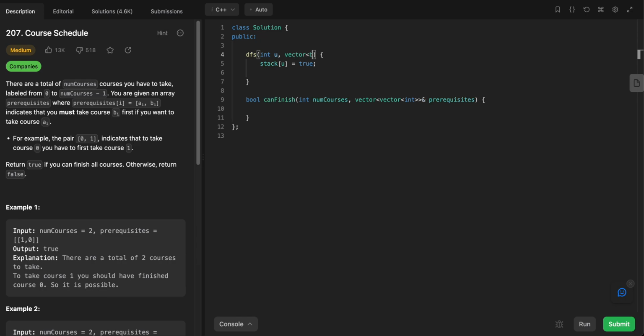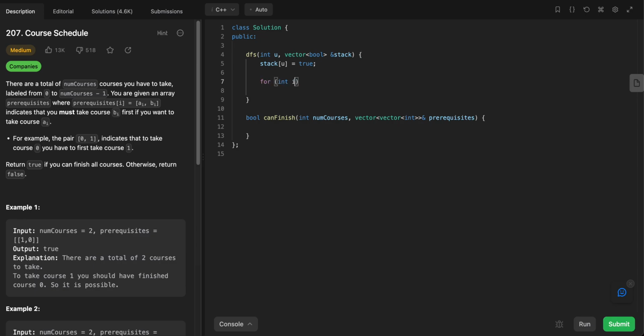Vector of boolean stack, mark it as true, then go to all the edges. So for V over adjacency of U,